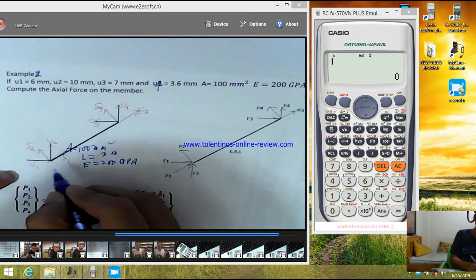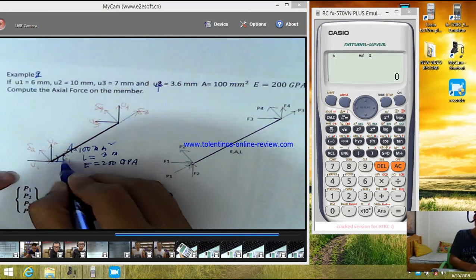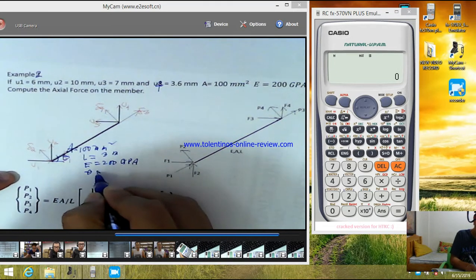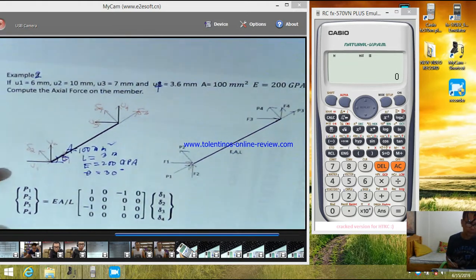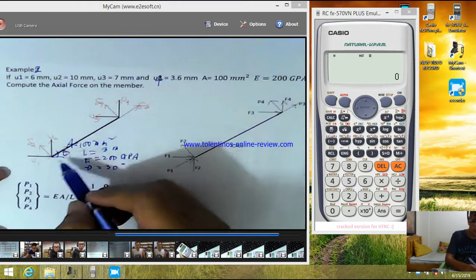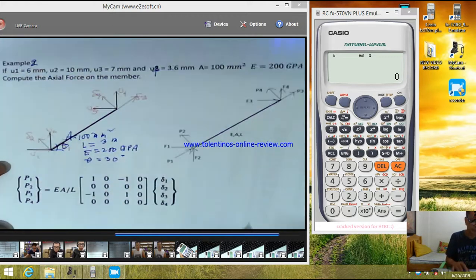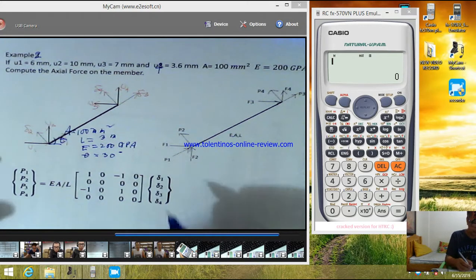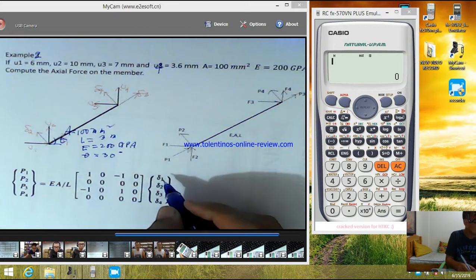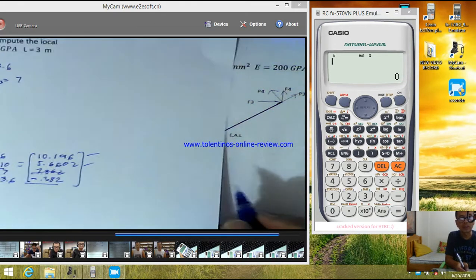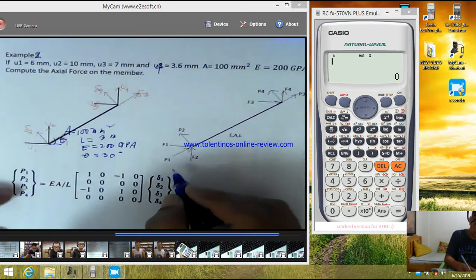And our theta is of course 30 degrees. Ang hinahanap ngayon yung axial load, yung axial force dito sa member na to. Ito yung formula natin, no? Now remember, nakuha na natin yung delta 1. Yung delta 1, ito yung dati natin